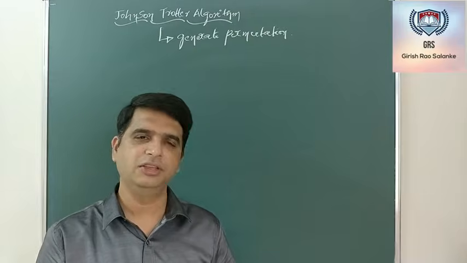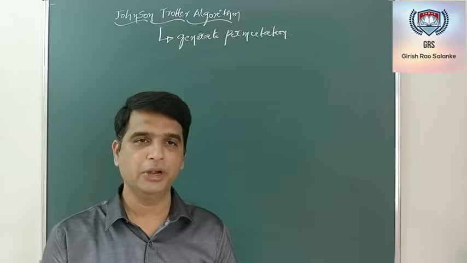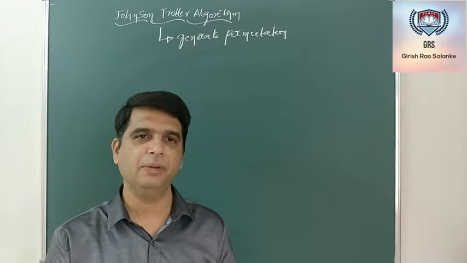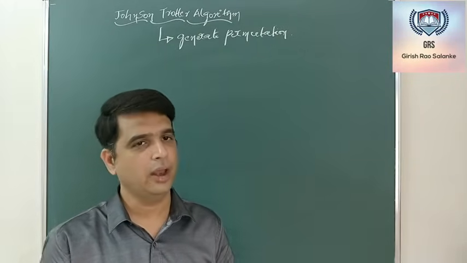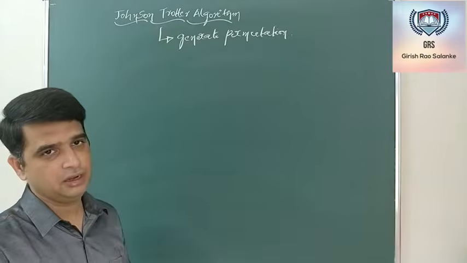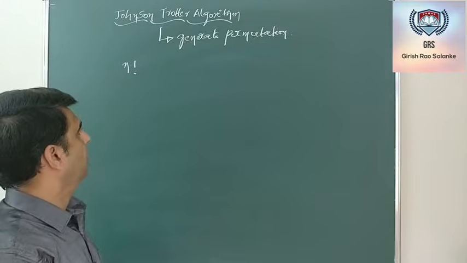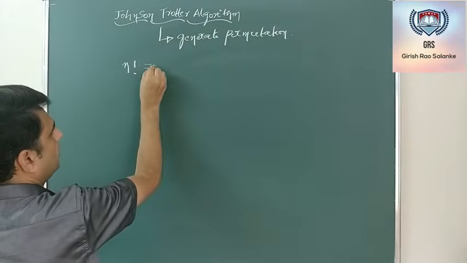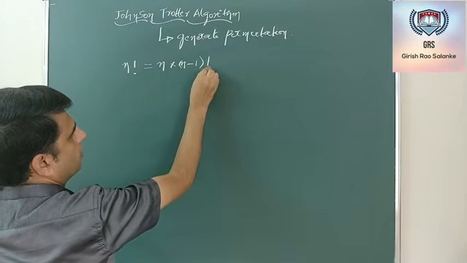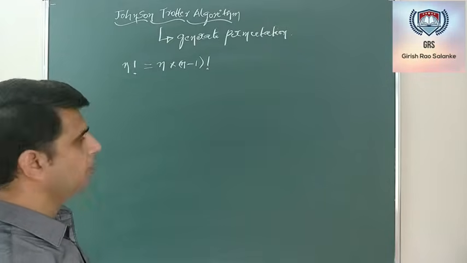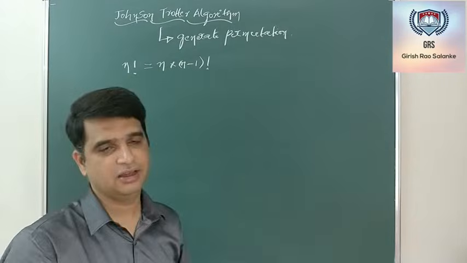Now, before going to the Johnson-Trotter algorithm, let's see some of the basic things that are related to the permutation and how this permutation can be generated with the help of the decrease by constant, that is the decrease by 1. As we all know, in case of permutation, our objective is to find the value of n factorial. Now, I know that this n factorial can be expressed as n into n minus 1 factorial. Now, if you see, the problem size was n. Now, the problem size n is expressed in terms of n minus 1.